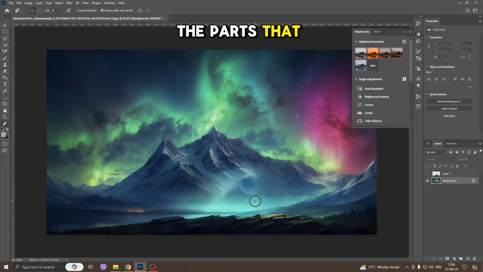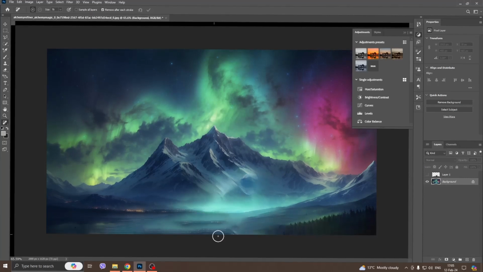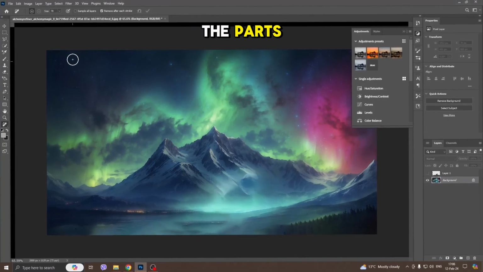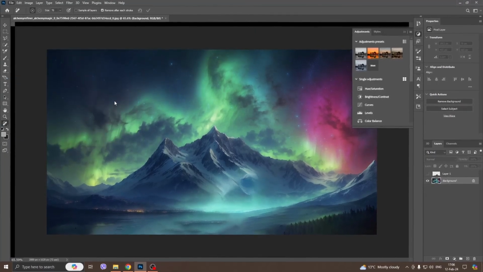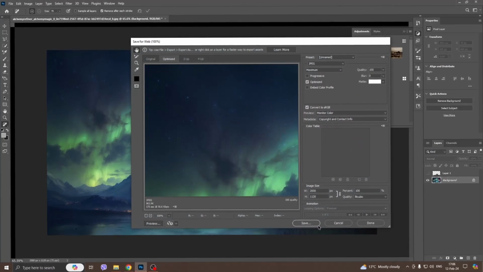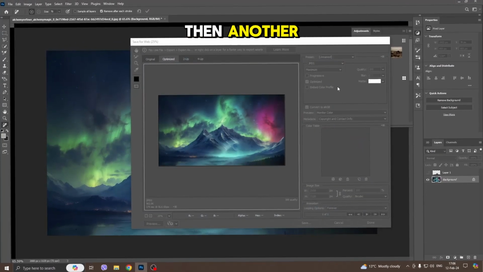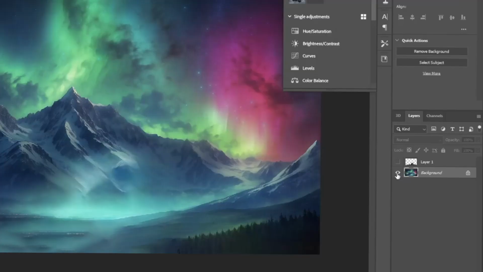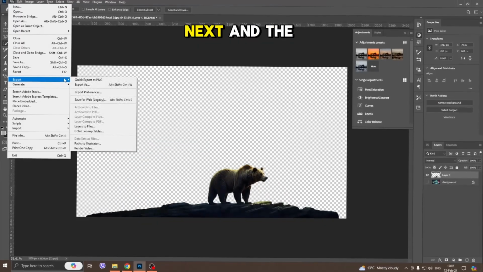We delete the parts that we previously selected. After you delete the parts, export the background in JPG format. You will export them separately, one layer and then another. It's simple. You will click the eye in front of the layer and export it, and the character exported in